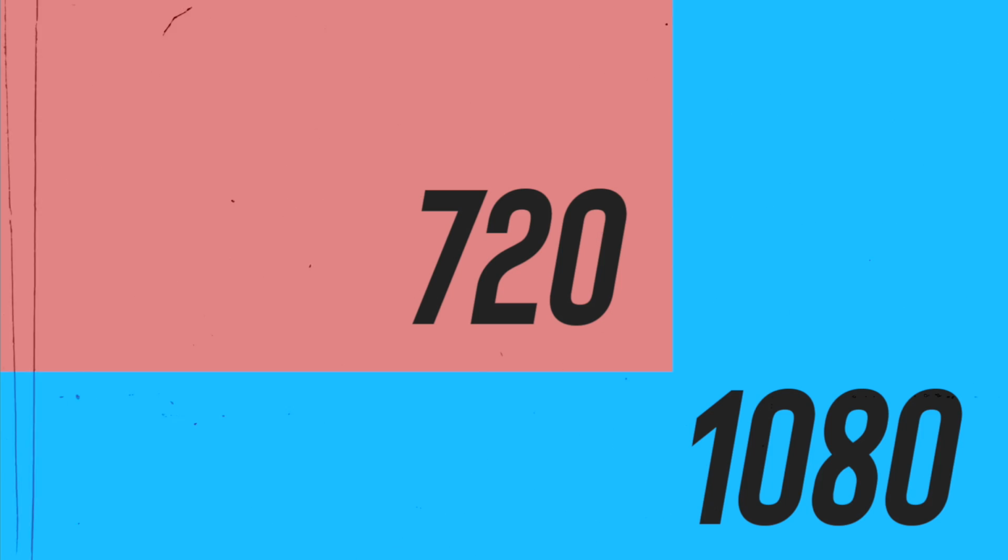Considering that most computer and TV screens are at least 1080 these days, you should probably always look to use a higher res. 1080 is what we call full HD. This might be the most common resolution found in computer and TV screens, phone screens, and pretty much all video cameras that have come out since 2009.